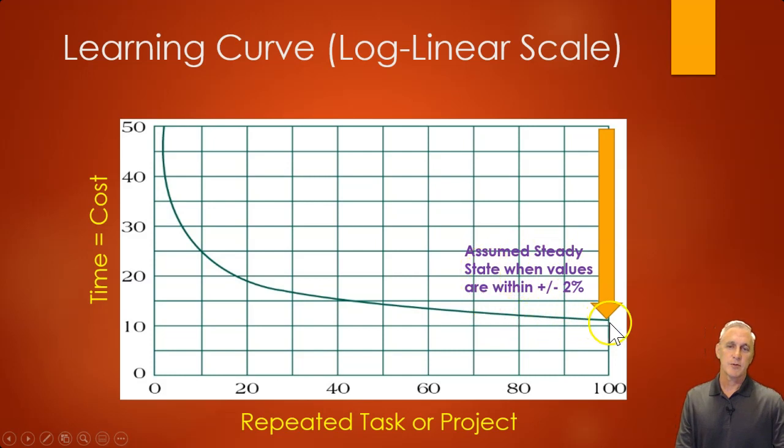So the way we can assume steady state is kind of how we always assume steady state with a first order system, where values are within plus or minus 2%, and they don't go outside of that range. They stay within that range. So whenever you reach that, that's kind of what we'd consider steady state. But this is kind of the curve you'd expect. And again, you won't ever get exactly to 0. There will always be an offset.